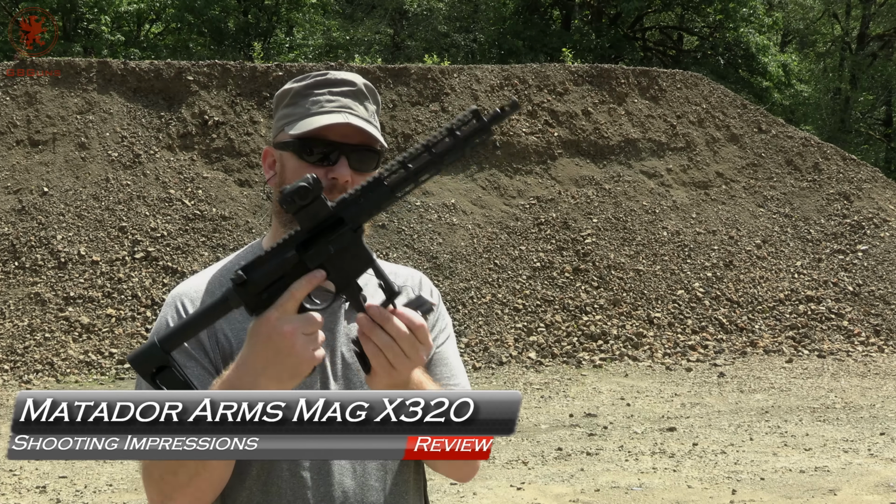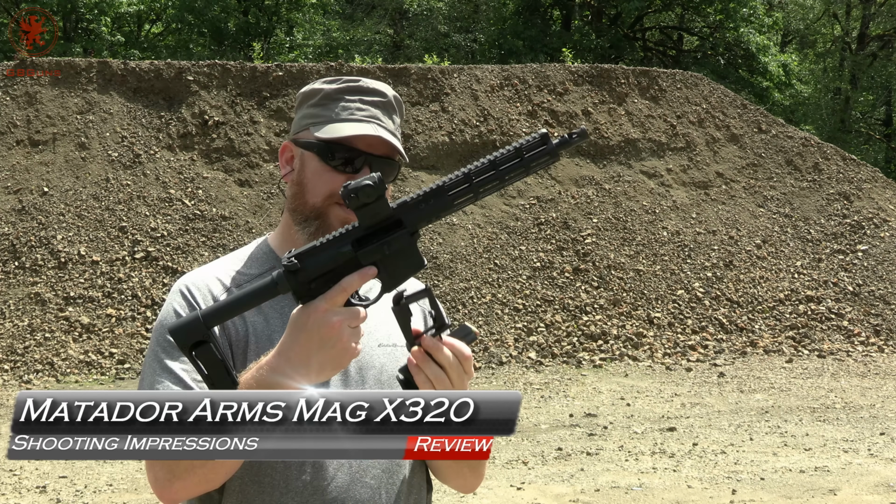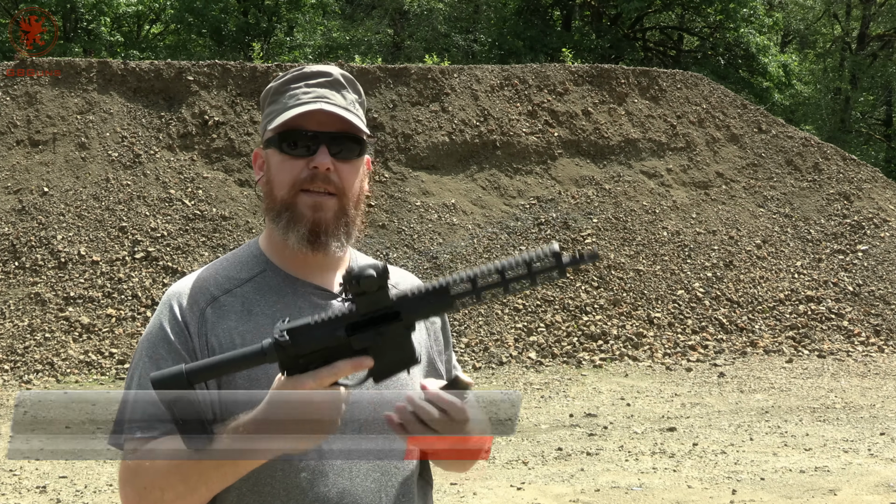Out today with the Matador Arms 320X. This simple little adapter slides into your standard AR-15 lower and lets you run Sig 320 mags. Now, of course, you do need a 9mm upper, but I'm thinking for law enforcement, military, anyone who wants to train running their same AR lower, trigger, controls, configuration, etc., in a shoot house that doesn't allow rifles, or at a range that doesn't allow it,